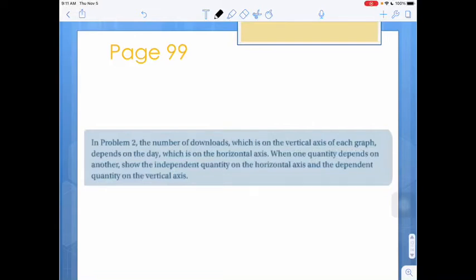Section 2.1, Example 3 on page 99. We have in problem 2 the number of downloads, which is on the vertical axis of each graph, depends on the day, which is on the horizontal axis. When one quantity depends on another, show the independent quantity on the horizontal axis and the dependent quantity on the